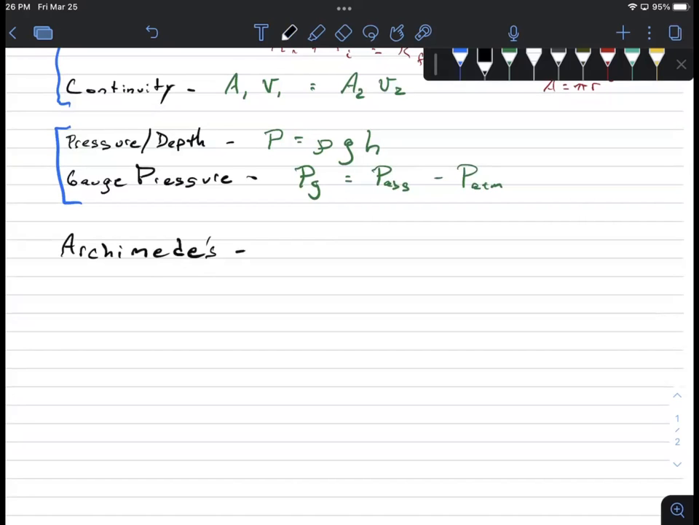Now, Archimedes' Principle is actually a set of relationships. It's not just one equation, but rather a series of different little relationships that all interconnect to allow you to solve some problems. And so what do we have? The first thing we have is the phenomenon that when you place an object in a fluid,